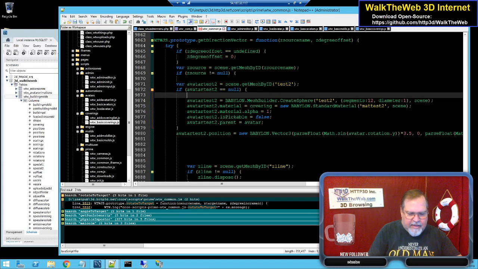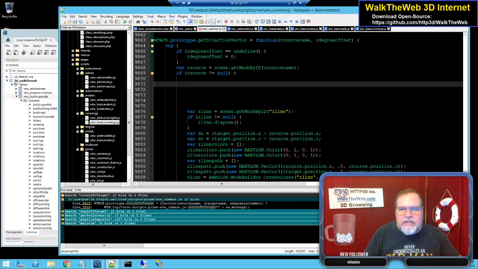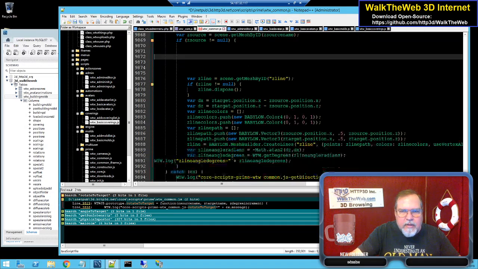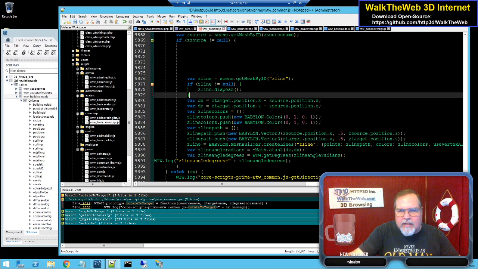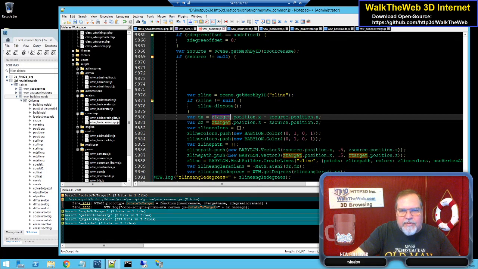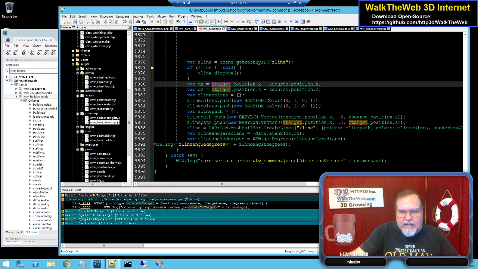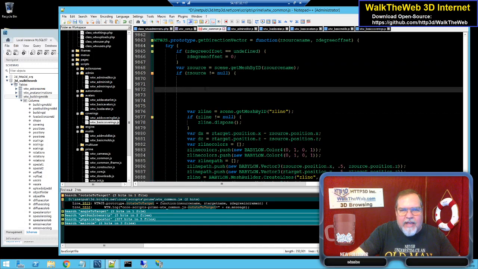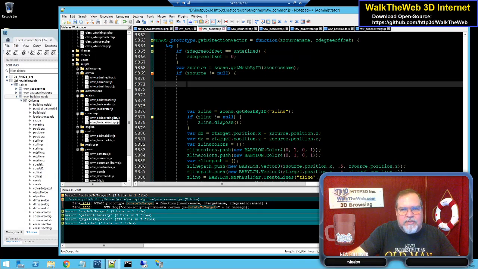So we're going to make that. This is going to help us test the point as we're doing it. Actually, we don't need any of this. We're not going to test it that way. We can use a line. We're going to dispose of the line, then we're going to tell it to create the line based on this position that we're actually creating. We're creating a target position. So then it's going to draw a line to that target position based on whatever we calculate equals the target, the position. So we will call this